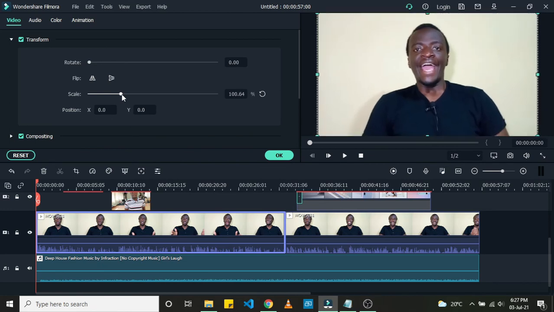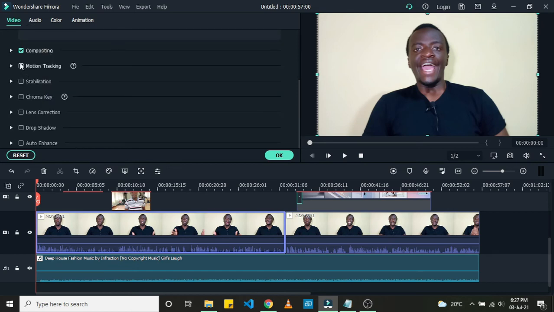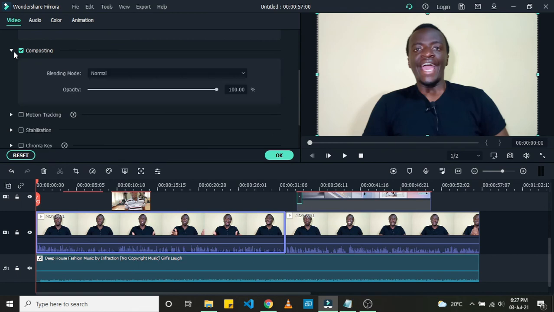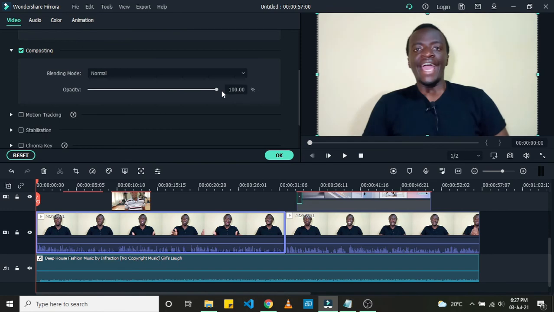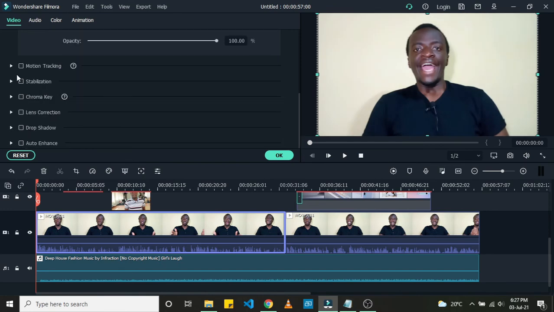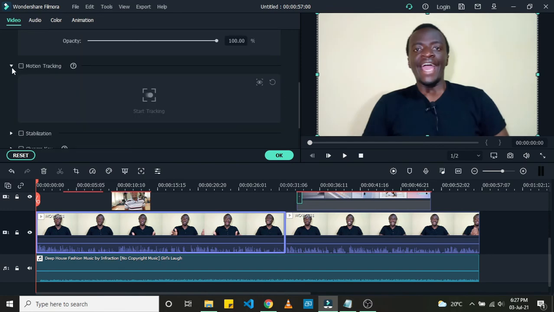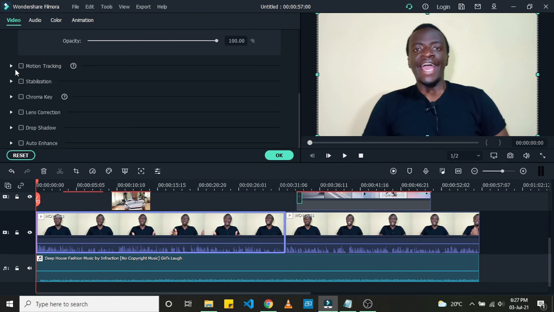So I'm just going to leave it at that. You can also adjust the opacity of your video. If you want it to look a little bit faint, you can adjust your level the way that you want. You can also do some motion tracking,